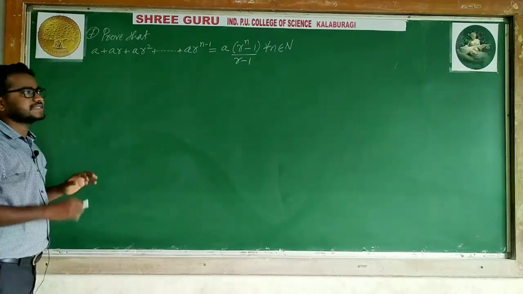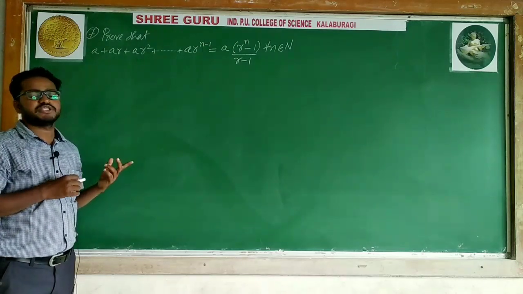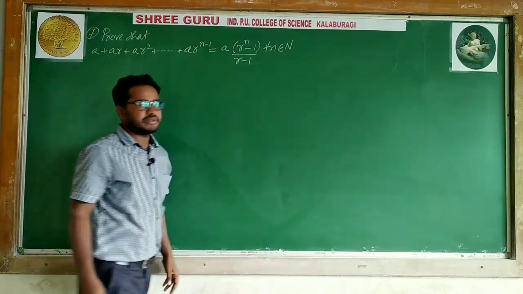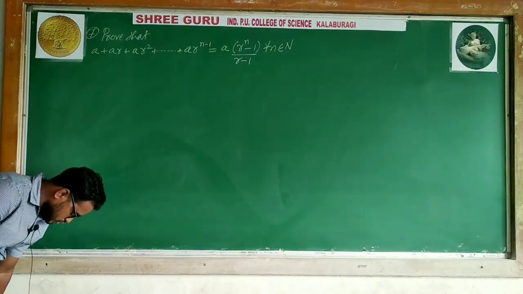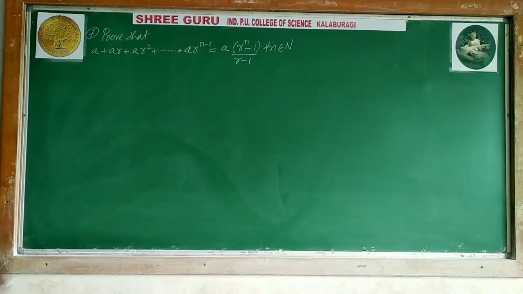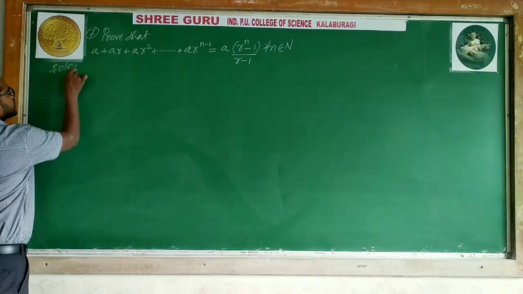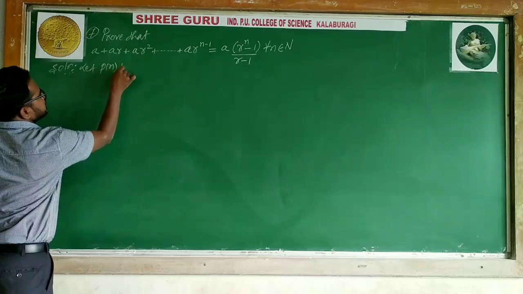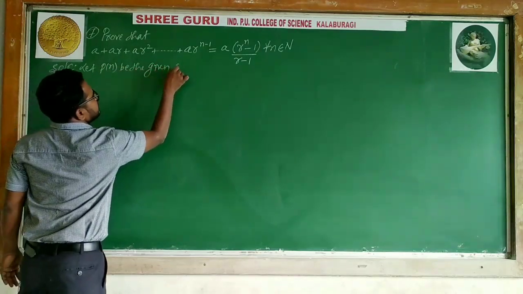The thing is, here we are verifying, meaning we have to prove this given statement is true for all n belongs to capital N. All n belongs to capital N means what? Here actually it is true for all natural numbers. As usual, I will start the solution. Let P of n be the given statement. Every time this only.